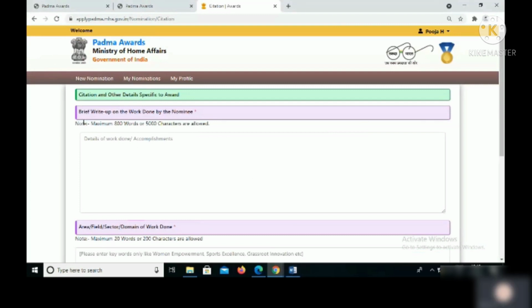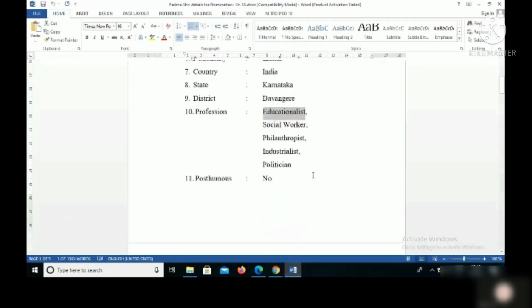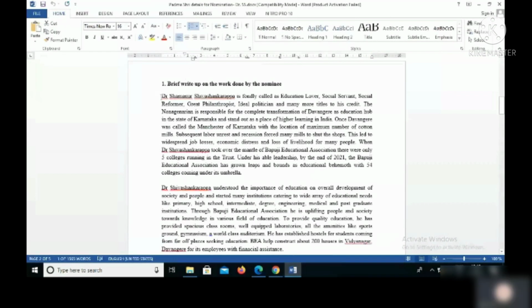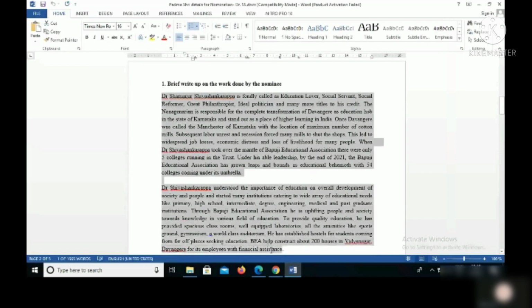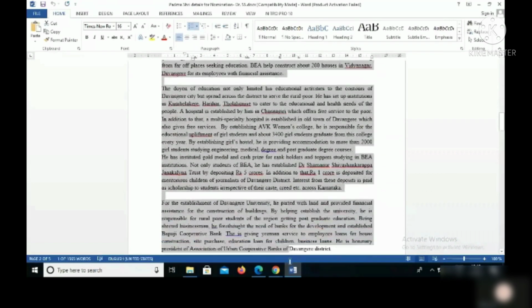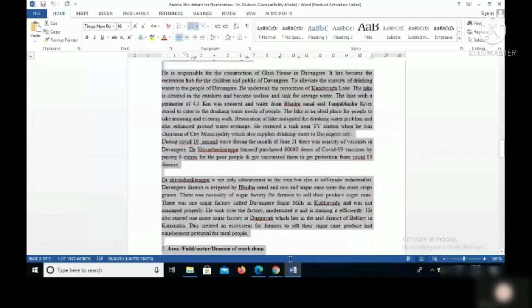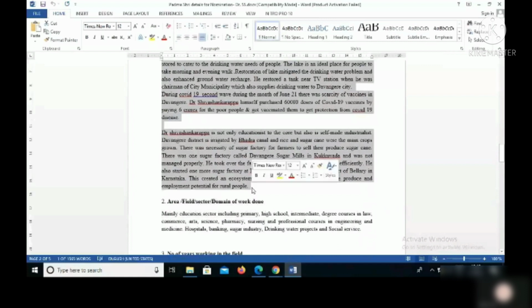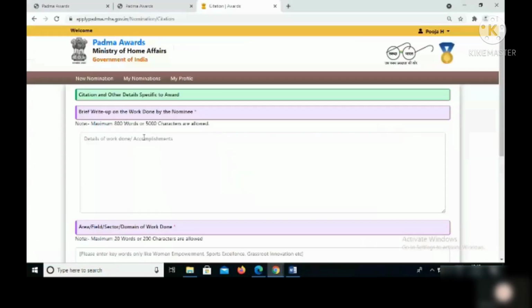Here you have to write up the work done by the nominee, a brief write-up on the work done by the nominee. Select, copy, paste.